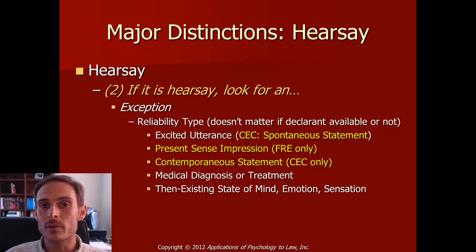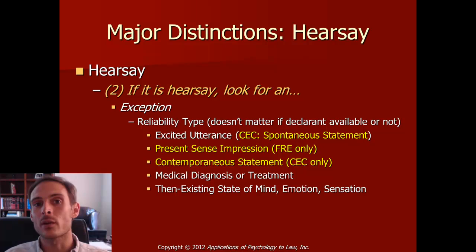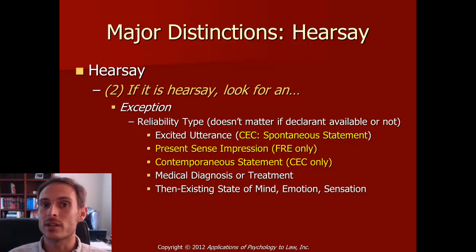Under unavailability type exceptions, remember the common thread that ran among those five was that the declarant had to be unavailable. If the declarant was available, you would just sort of mentally scratch out that grouping and go on to another category such as reliability type, where it doesn't matter if the declarant is available or not. And the one common thread that this next category, reliability type, shares is not so concrete and easy to nail down as it was with, say, unavailability type.